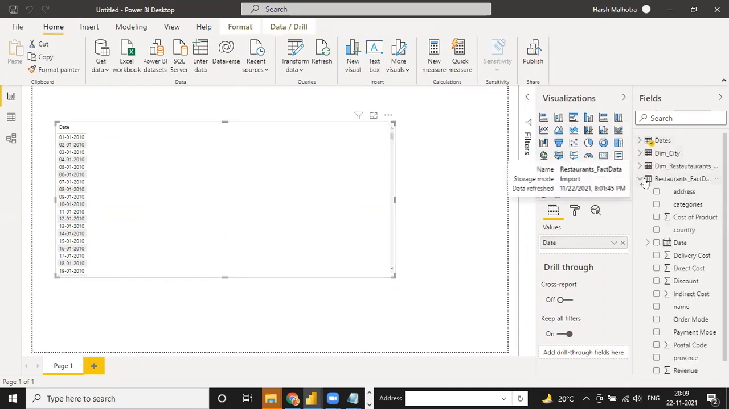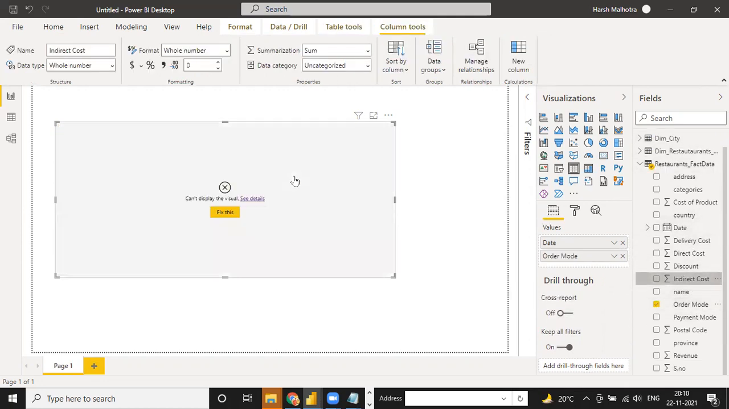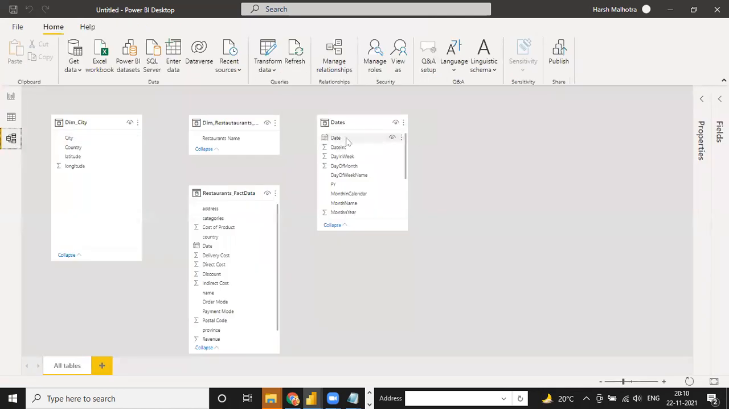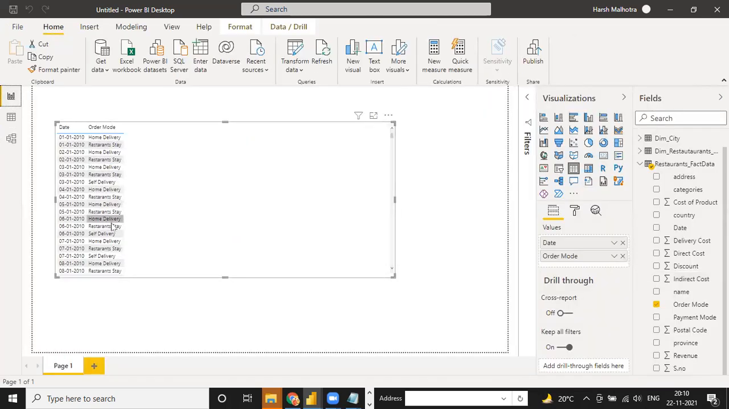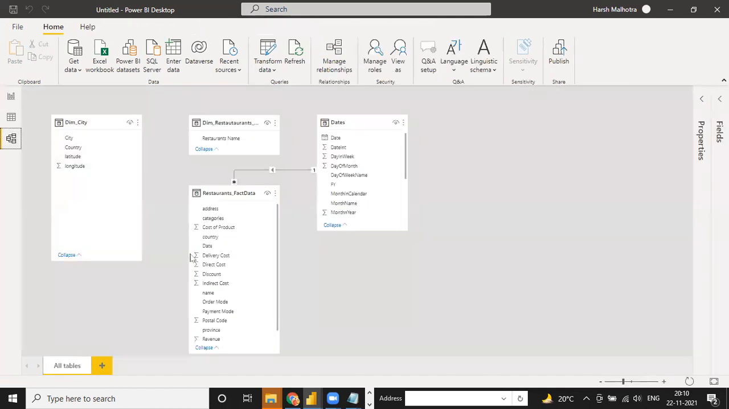Same way, if you select restaurant fact data and you select this order mode, see now, it cannot display the visual. But if you go into this relationship model and select this date to this date, and now drag and drop, it will be reflected. See now, the one to many relationship is done, and if you go to this visualization, it will be automatically reflected. So